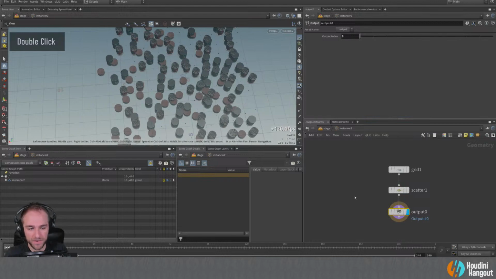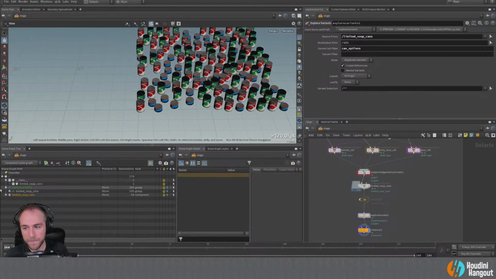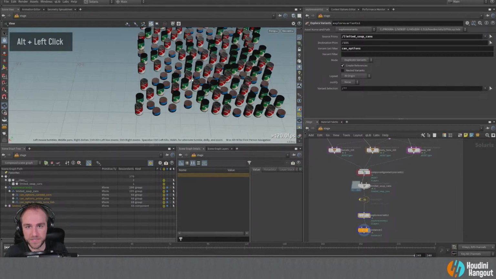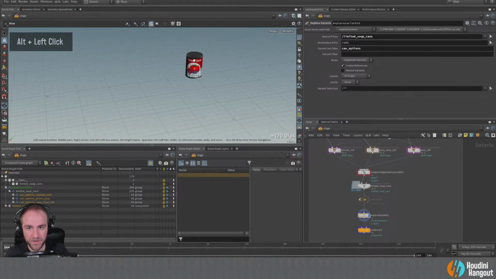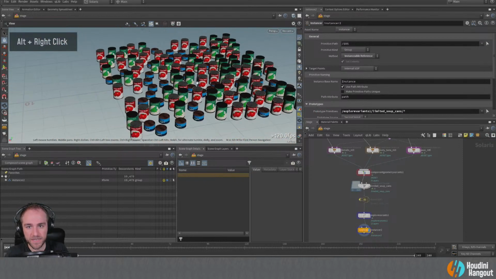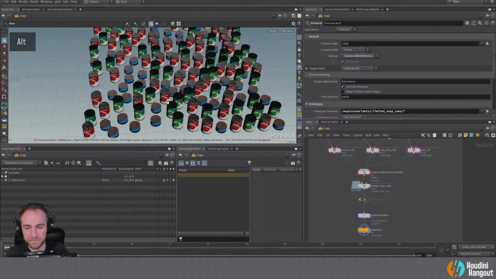Oh, and the problem why they're all overlapping is because I have this explore variants set to explore and not duplicate. When I have it set to duplicate, that's literally just going to kind of put them all in the exact same place. You can't really totally tell, but they're all just in one spot. So then I'm feeding those into this instancer and kind of having those all propagate through like this. And so that's obviously one way that we could do this.